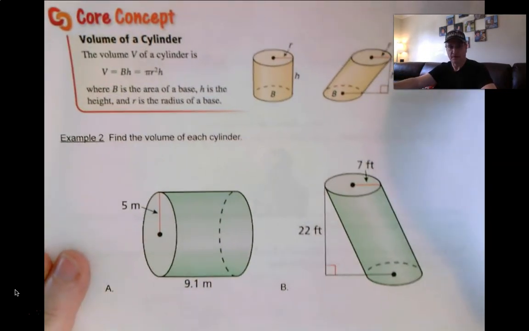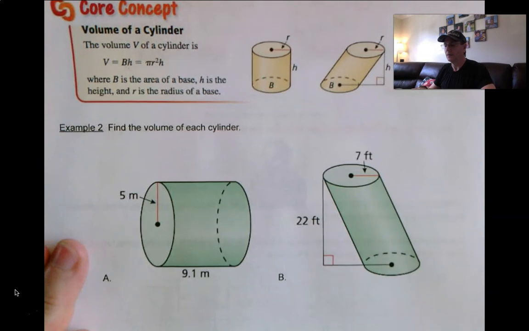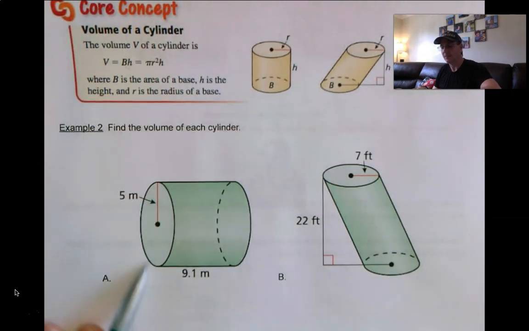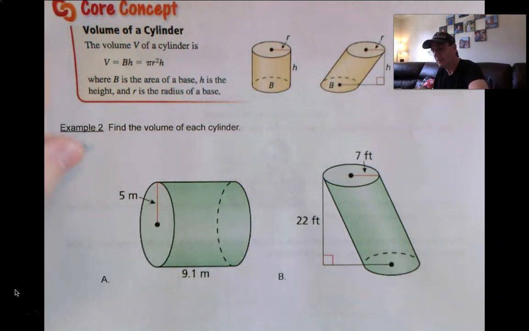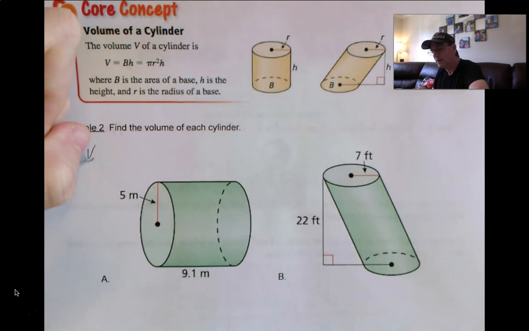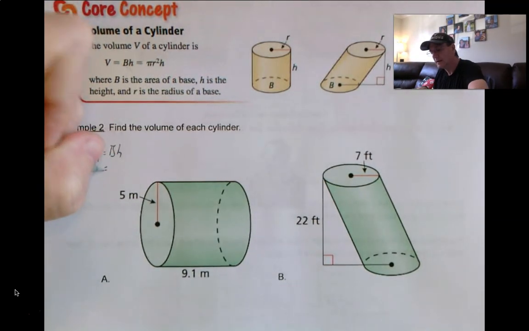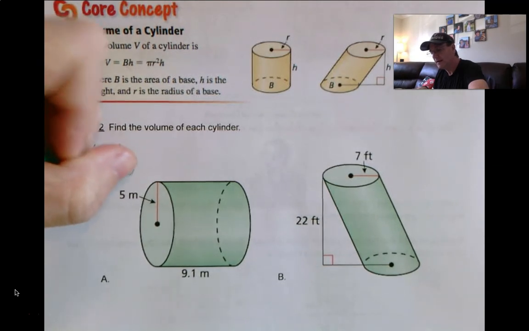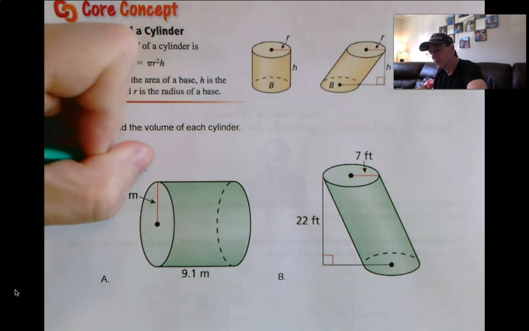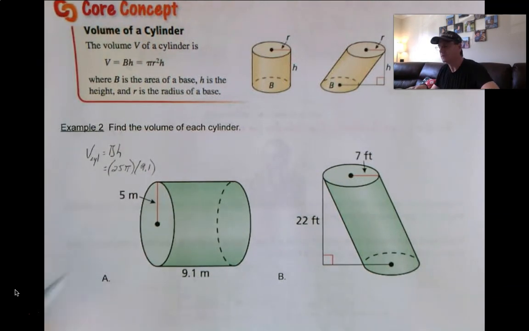Okay, example 2. So what is the area of the base? Well, the base here is this circle. Area of the base is pi r squared. So volume of the cylinder equals area of the base times the height. Area of the base here is 25 pi, and the height is 9.1. Even though it's turned sideways, that's still the height. So 25 times 9.1